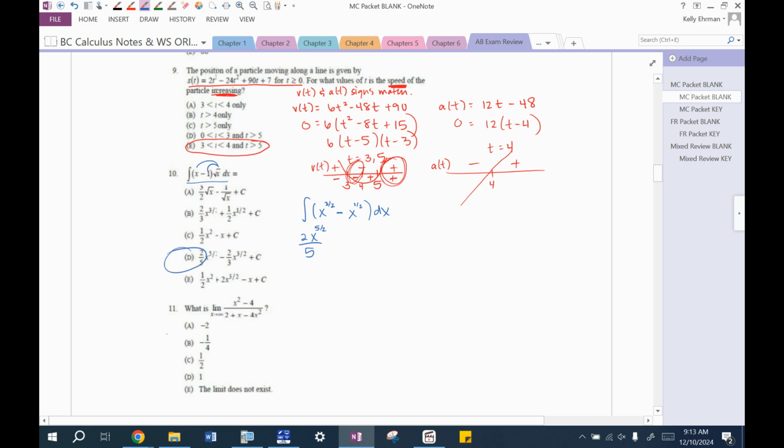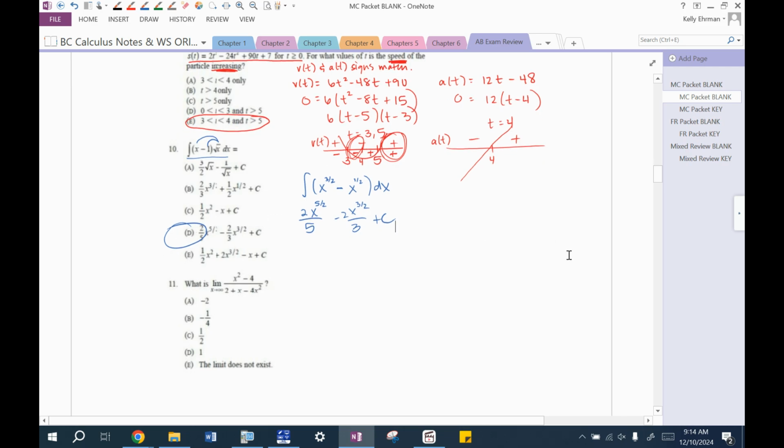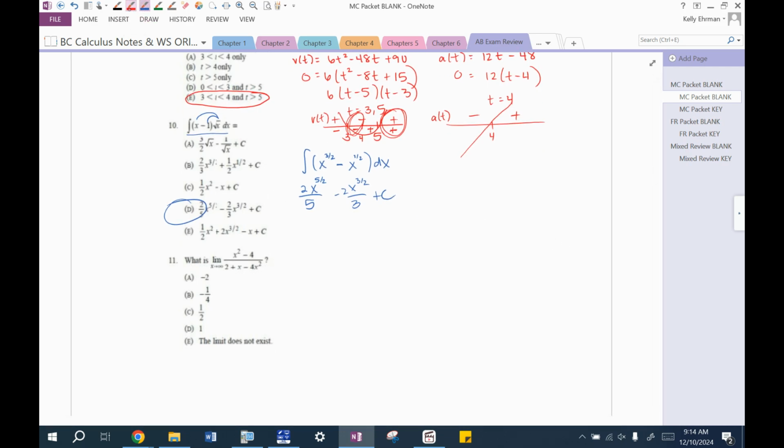It's already this one, right? You can confirm, add 1 to this, you get minus x to the 3/2 over 3/2 plus c. So it's got to be d. For number 11,